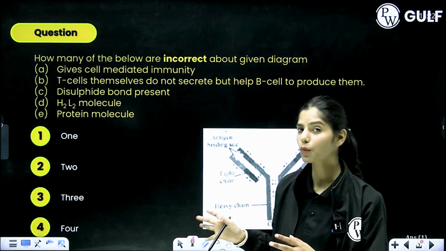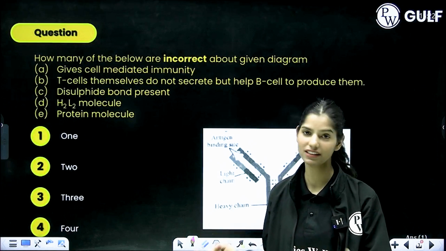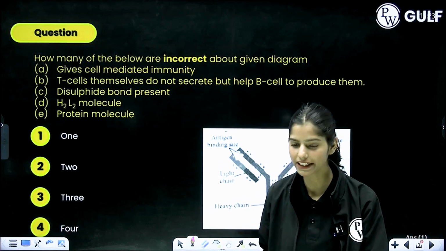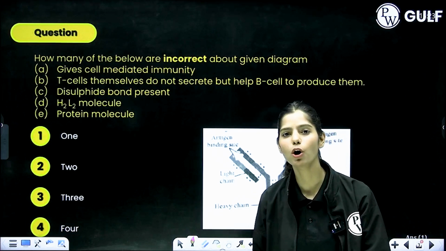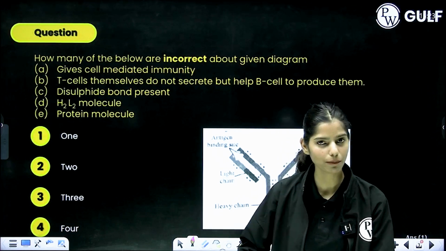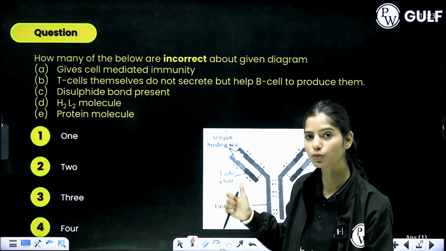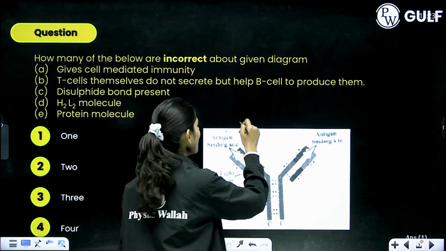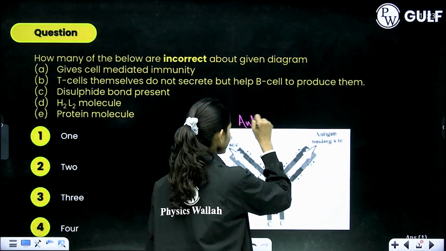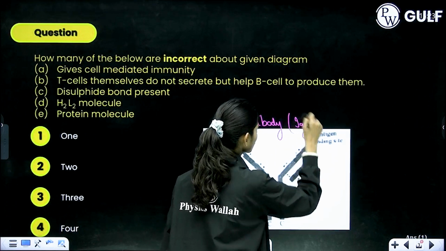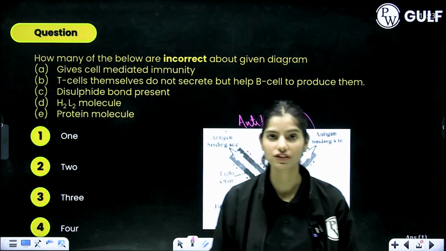Next diagram that we have is from the chapter Human Health and Disease. We all know the immunology part is very important. Immunity, it's all about the antibodies and the lymphocytes, the T lymphocytes and the B lymphocytes. If you look at this diagram, you will see that we have a diagram of an antibody, right? That is an antibody, or you can also call it an immunoglobulin, which is a kind of proteinaceous structure, right?